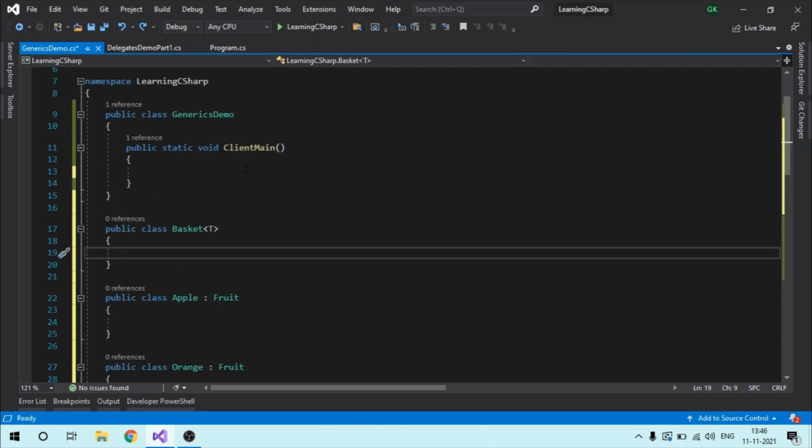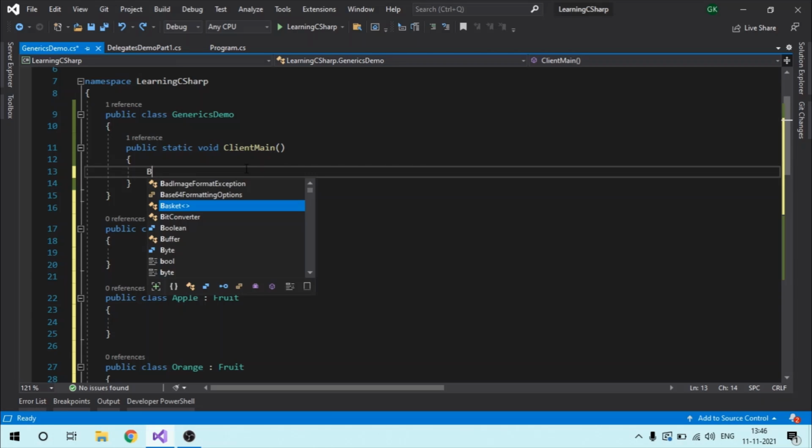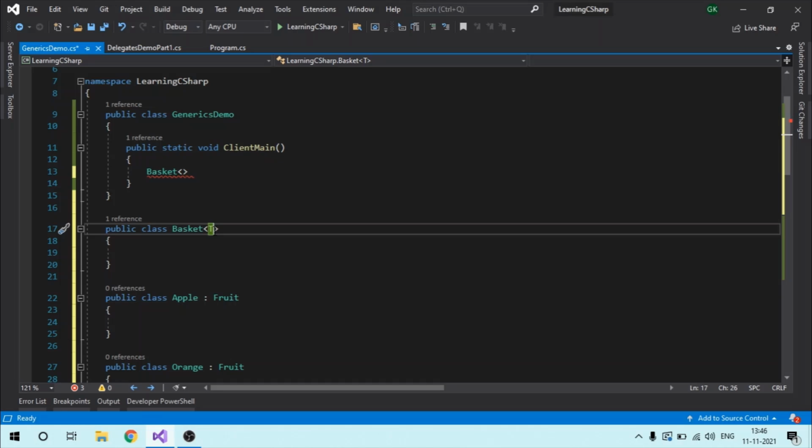So coming to the main method, now we have to instantiate the Basket class. Whenever we are instantiating a class, we need to supply all the type parameters that this class is dependent on. For now we have created only one type parameter, but we can have any number of type parameters, and we can denote it with anything. We can denote it with ABC1, anything we want. So now let's stick with only one type parameter, that is T,